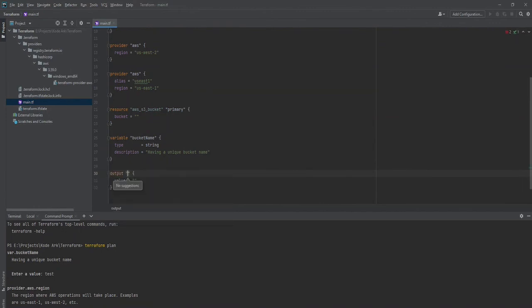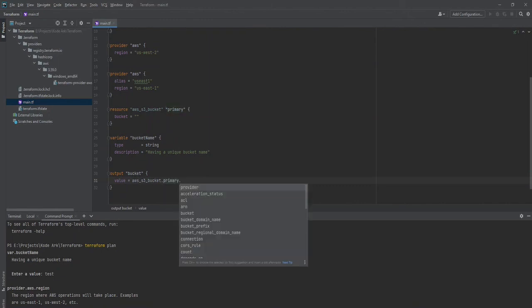We have talked about resources and providers, and the next one is the output block. So we can write output, with the name or identifier you want. I would say it's bucket name, and the value could come from the resource block. It could be aws_s3_bucket, then the name of the identifier defined against your resource block, and whatever information you want to get.